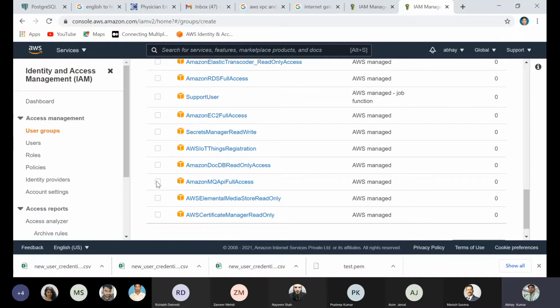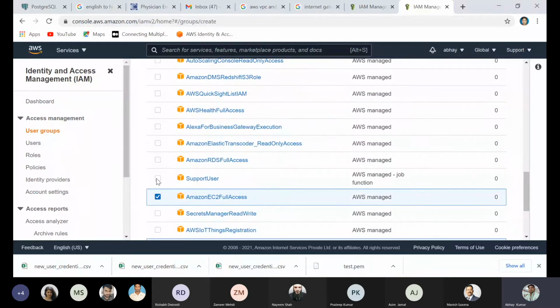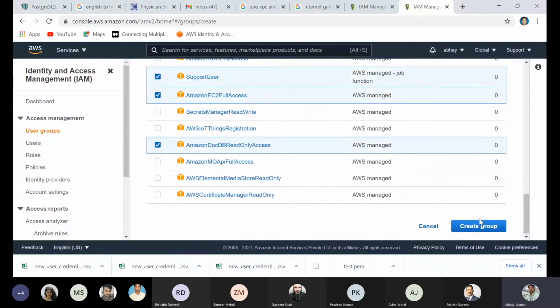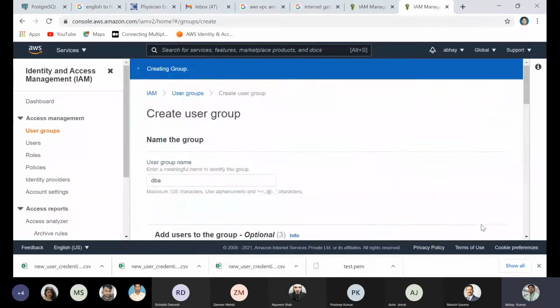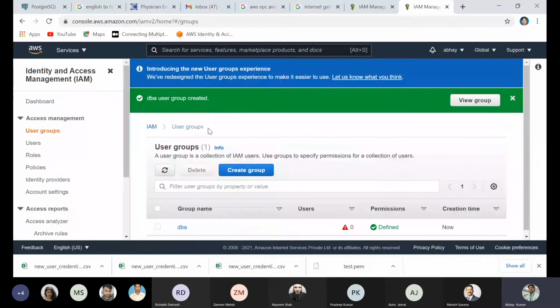I have not checked how many privileges and roles you can assign to a group or a user, so that is also an issue. So I will create it with only two or three privileges. Now the DBA group is created, we can create the user.